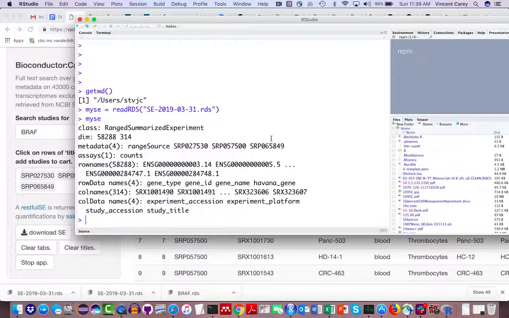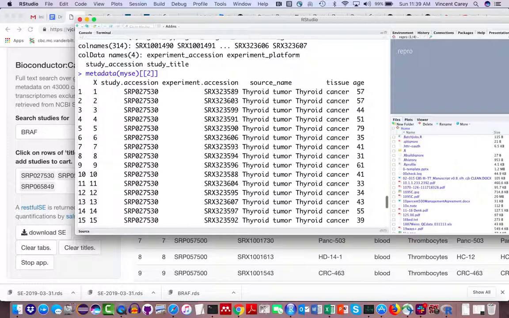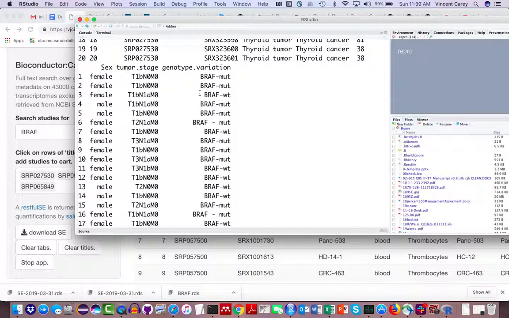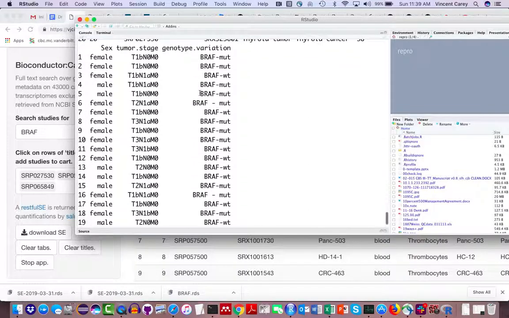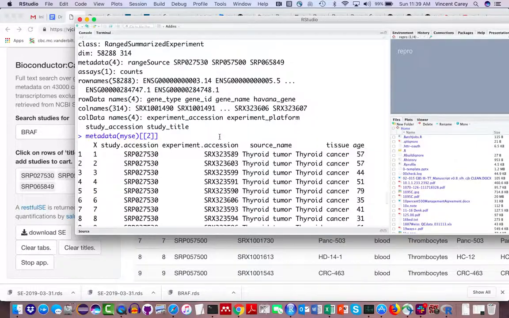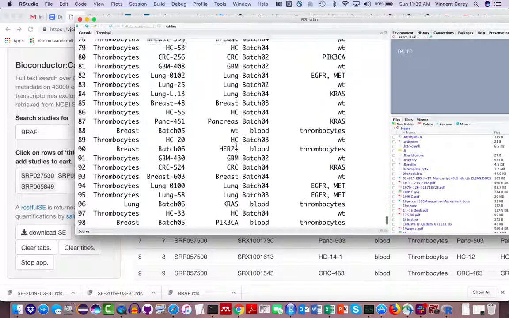And the metadata about each one of these studies is available in the metadata component here. metadata of mySE 2, for example, is this data frame about the 20 samples. And one can see that the genotypes of the individuals in this study could be wild type or mutant for BRAF. If we look at the other study here, we have only 100 rows, but we can see that